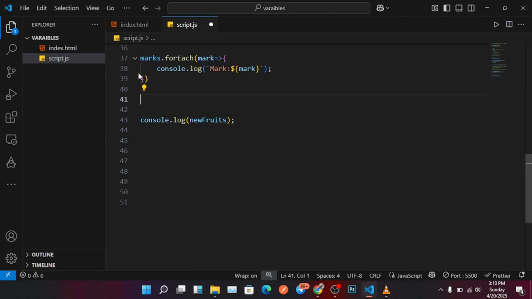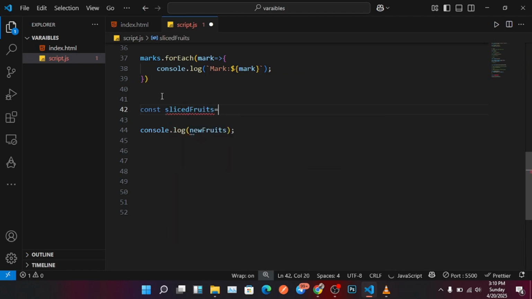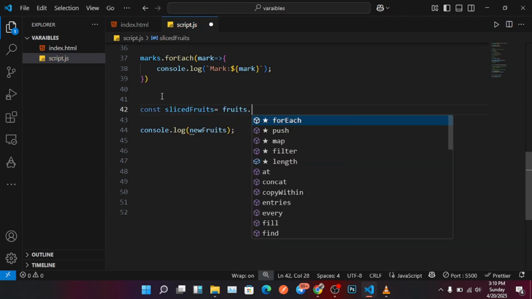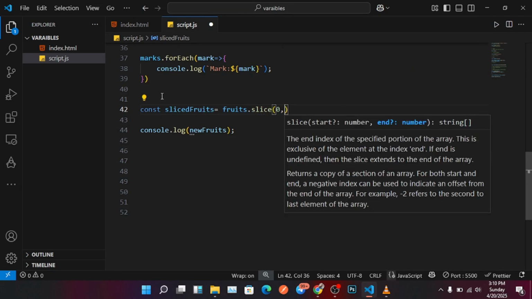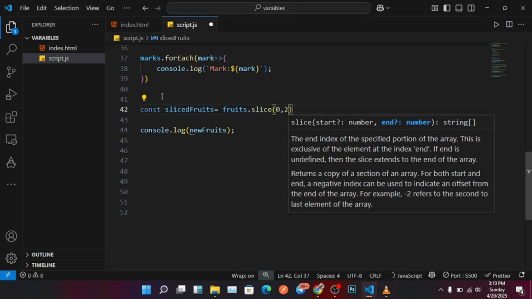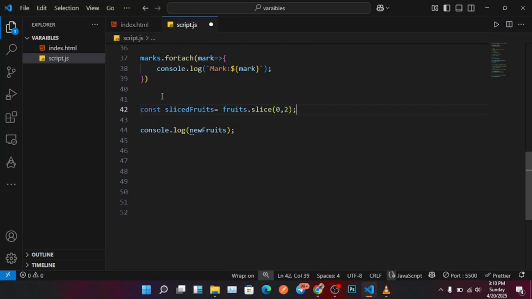I will remove this, and say const slicedFruits equals fruits.slice, and say we want to get fruits from index 0 to index 2. Then we will console.log(slicedFruits),